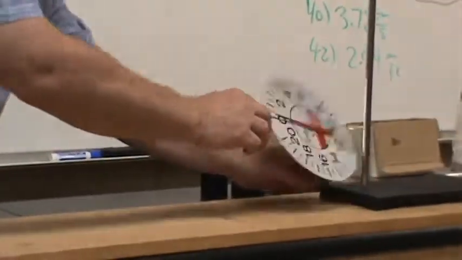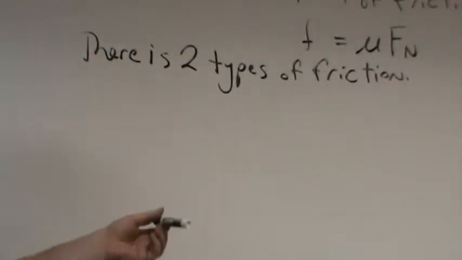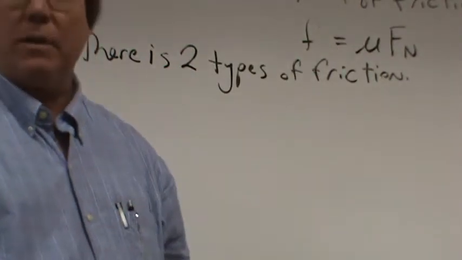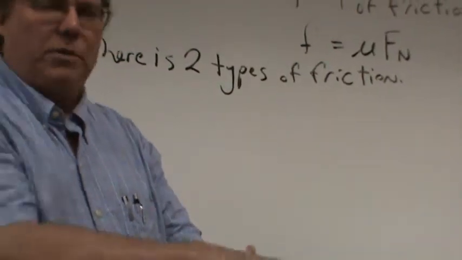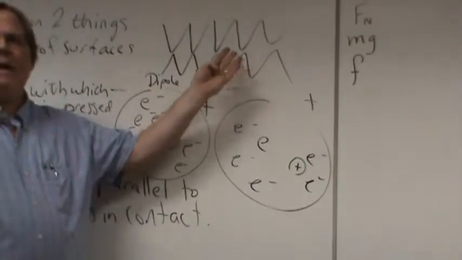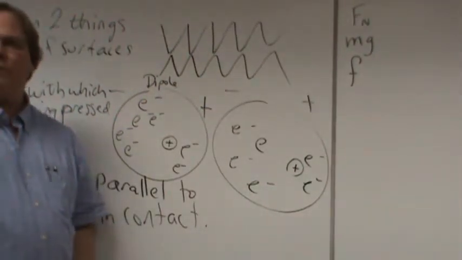So because there's two different types of friction, we have to have two different formulas for the two different types of friction. Before we start talking about those two different formulas, I want to convince you that there is actually two types of friction. Static friction, which you get when two things are at rest relative to each other, and kinetic friction, where two things are moving. Okay? Remember this thing here? Why is it that I can get more friction when they're at rest relative to each other than when they're moving relative to each other?